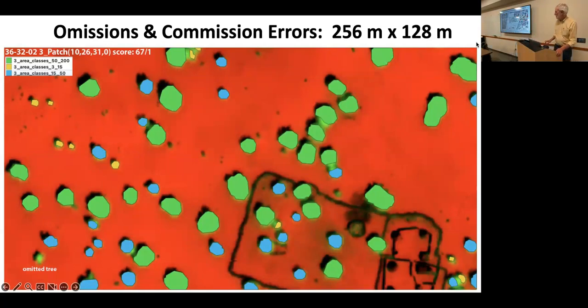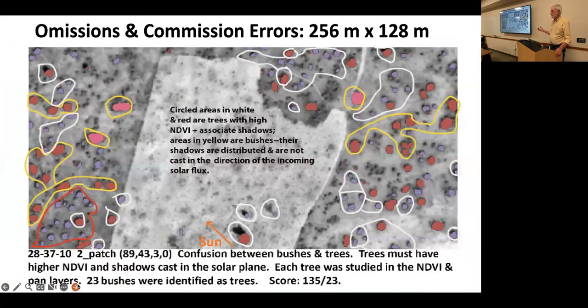Here's one of the bad areas. This is an area where there's a lot of bushes. And mixed trees and bushes can be a giant pain in the neck. And this was no exception. So if you look down here at these three trees, you see the associated shadow away in the direction away from the incoming solar flux. Here, here, here. And then you look at some of these trees and you see they have shadows all around them, all around here, the same here, so on and so forth.